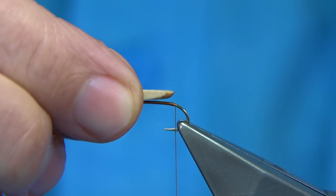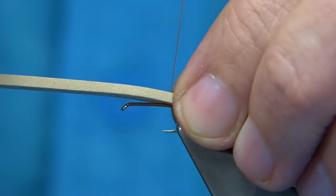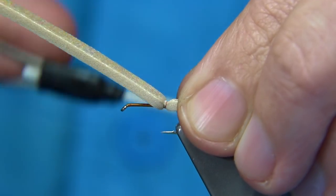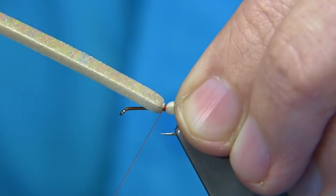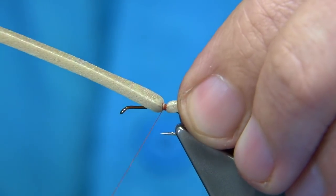Now you're looking for the back hanging over round about the shank length over the back. So we catch this on. Got a wider turn there. Now you're winding the thread onto the foam here, about 1mm of thread turns, meaning in an area, because I'm going to tie in some